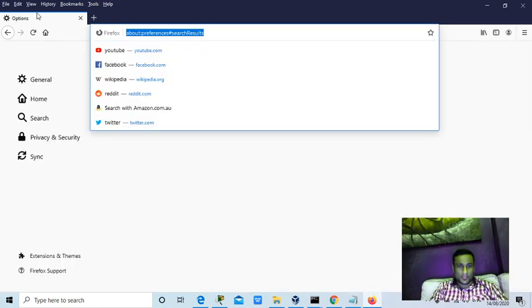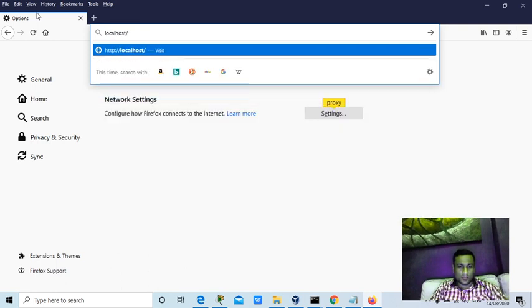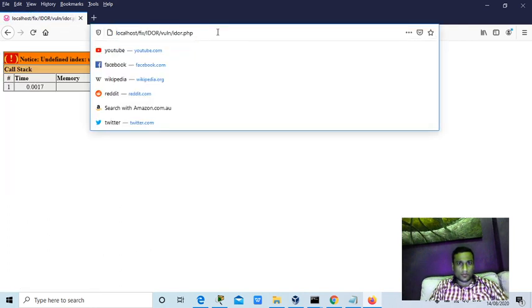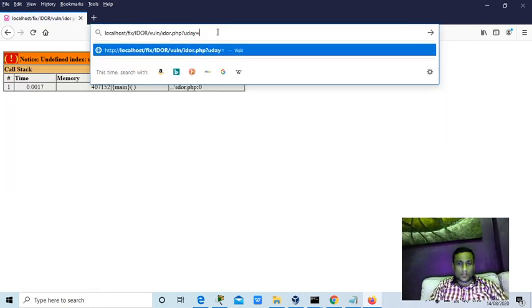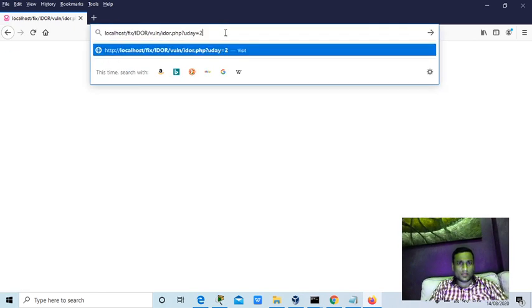Now localhost slash, I'm trying to show the file. Okay, question mark. You know all the basics, so that's why. Now I entered Uday equal to 1.